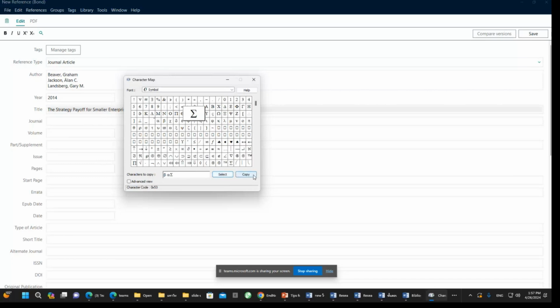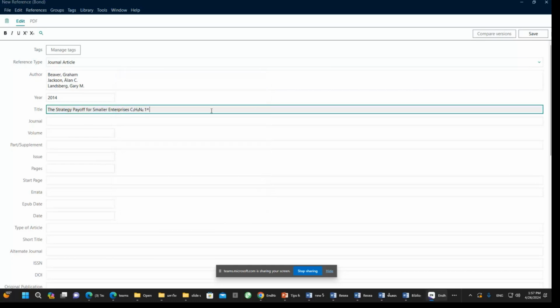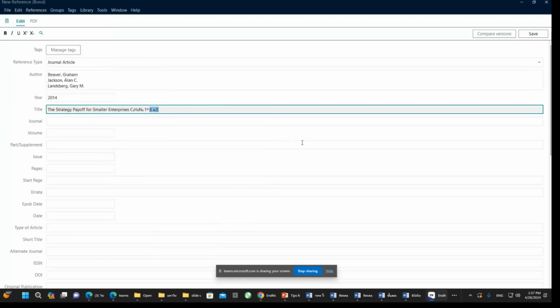Do the same thing, copy and Control V. You notice that it's still a character, it's not a symbol. How can I make it a symbol? You just highlight it and change font to symbol. It's back to symbol again. This is some tips, got it? So you can use the feature that adds you